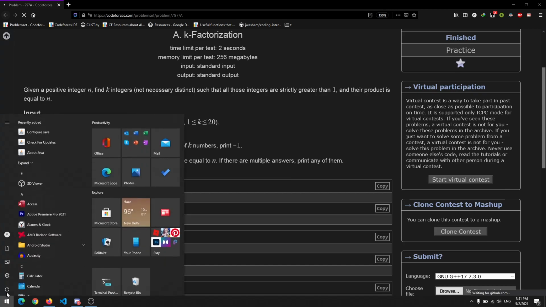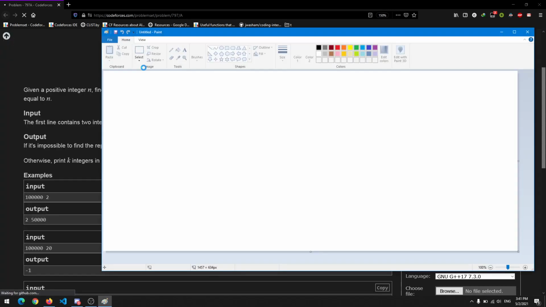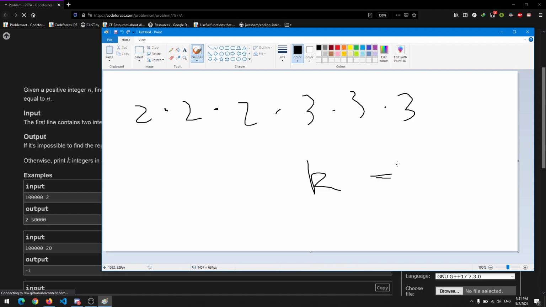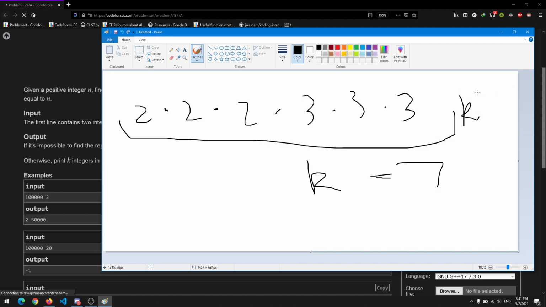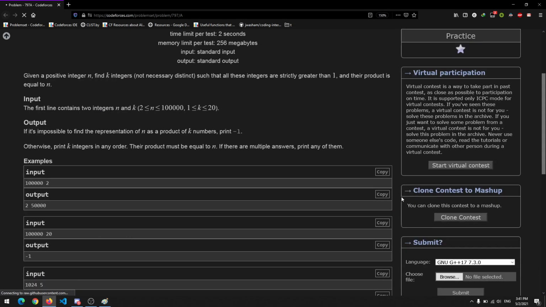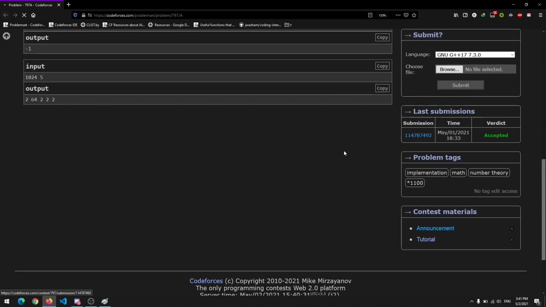For example, we have something like 2 into 2 into 2 into 3 into 3 into 3. Let's say k is equal to 7. So these are the first k minus 1, 6 factors, and then the kth factor, wait a second, let me just pull up the solution, that would be much easier.